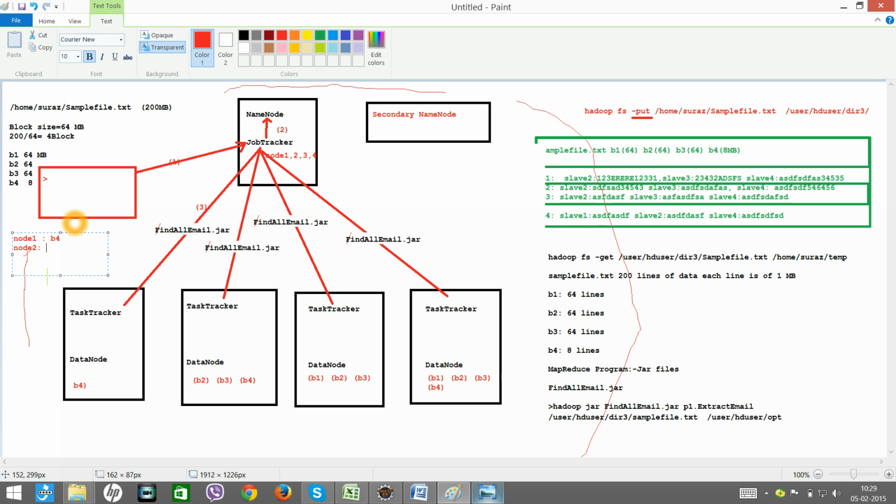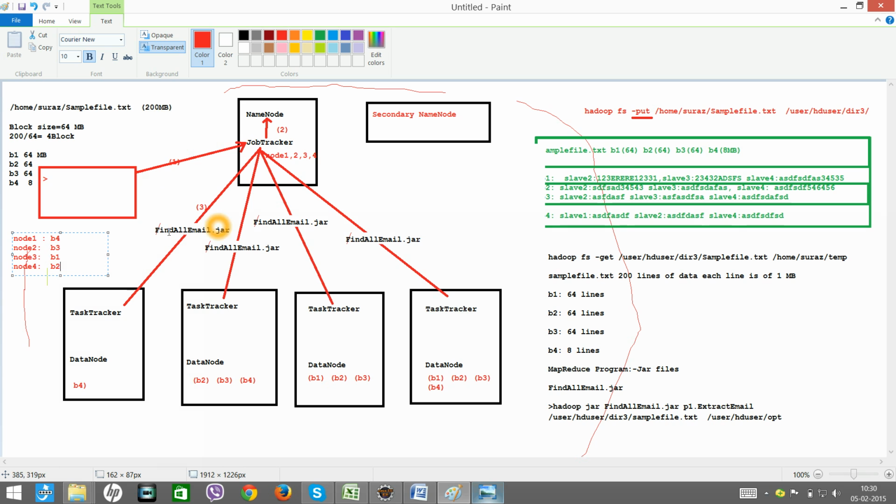Node 2, you process B3. Again, node 3, you process B1. Again, node 4, you process B2. Okay, so all this instruction will be given by job tracker. Now, when the job tracker gives all this instruction, it also stores that information in the form of a register, so that the job tracker should understand what is going on in each node, which block is being processed in each node.